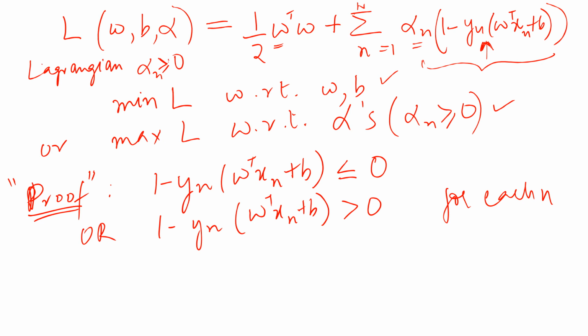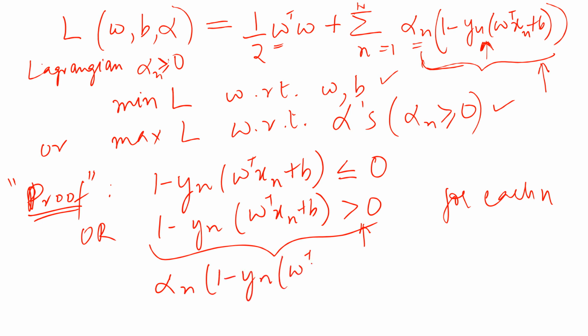So what do I have to look at here? Consider the second one first. If we have this situation, and we go back and look at my original Lagrangian, which I'm trying to either minimize for my weights or maximize for my alphas, when I look at only this term here, what's going on? If I want this thing to be true, which means I want this to be positive, and obviously if it is positive, then I multiply alpha n by this, yn (w transpose xn plus b), for this to be greater than 0,